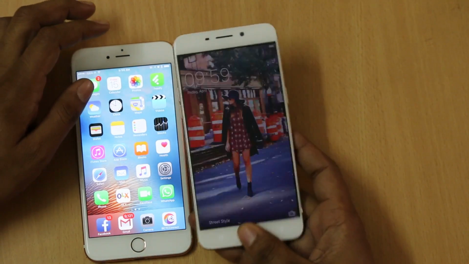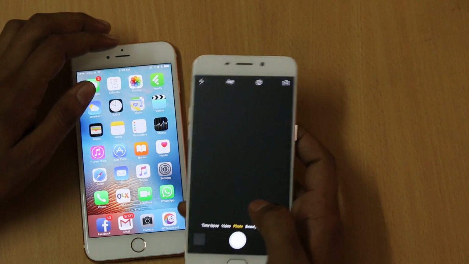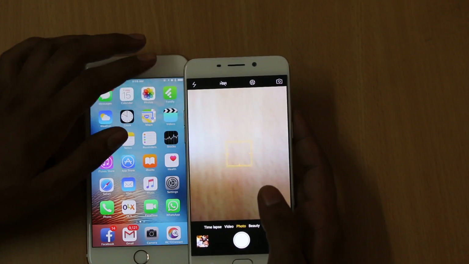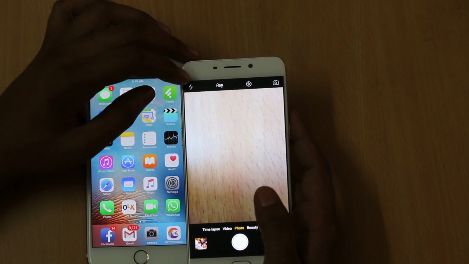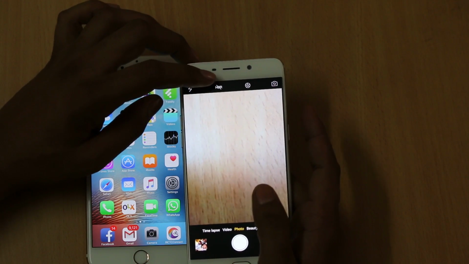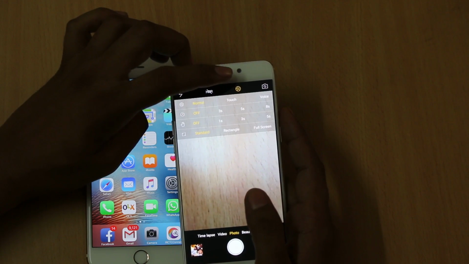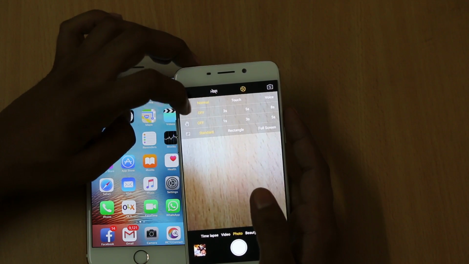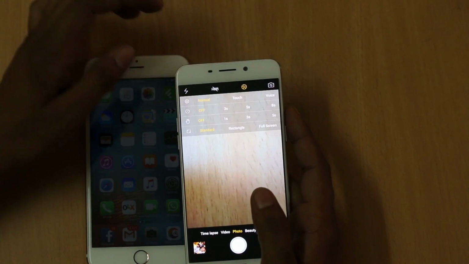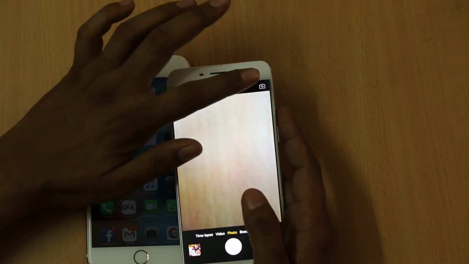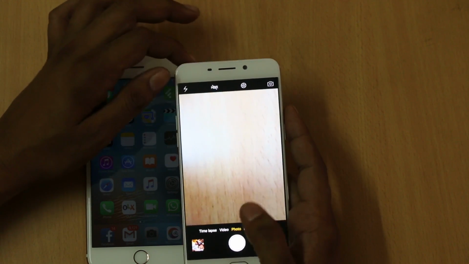And when it comes to the Oppo F1 Plus, when you tap on the camera button you will find the clean and minimalistic interface which has flash. You can turn on and off the HDR mode. You can easily adjust the settings you want to use, and you can easily rotate the rear and front camera.